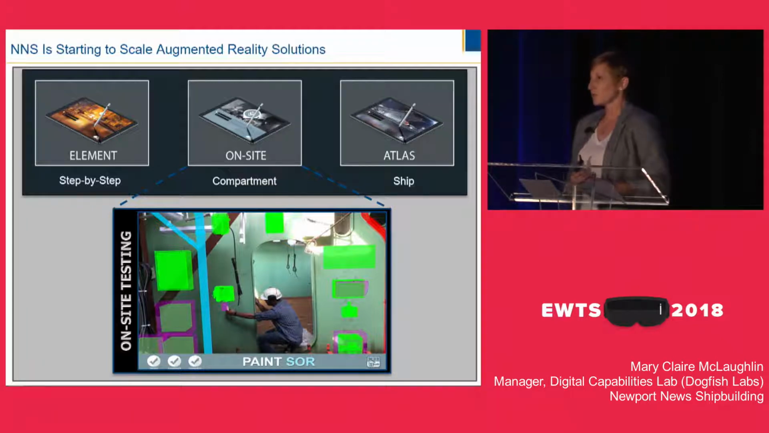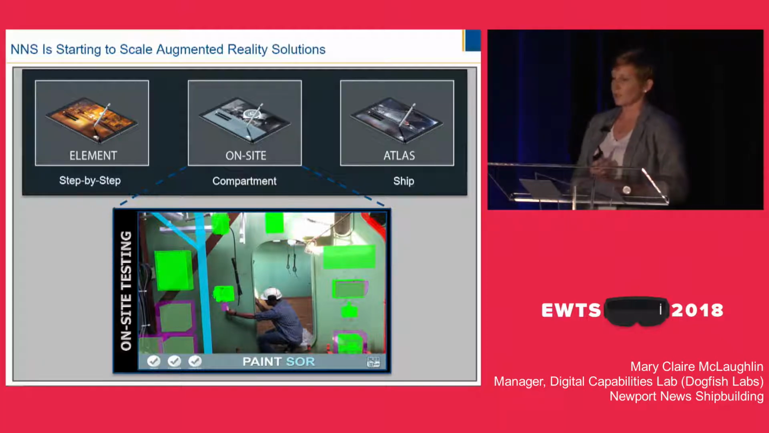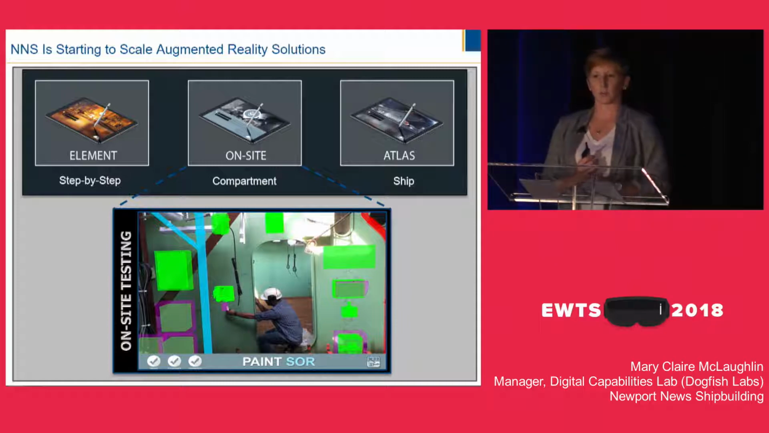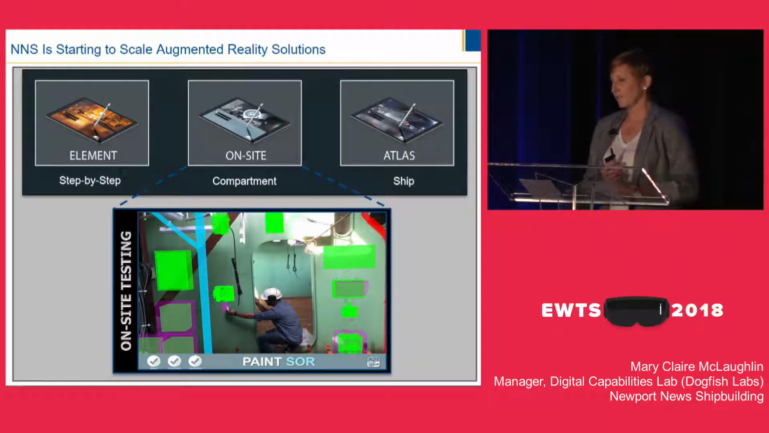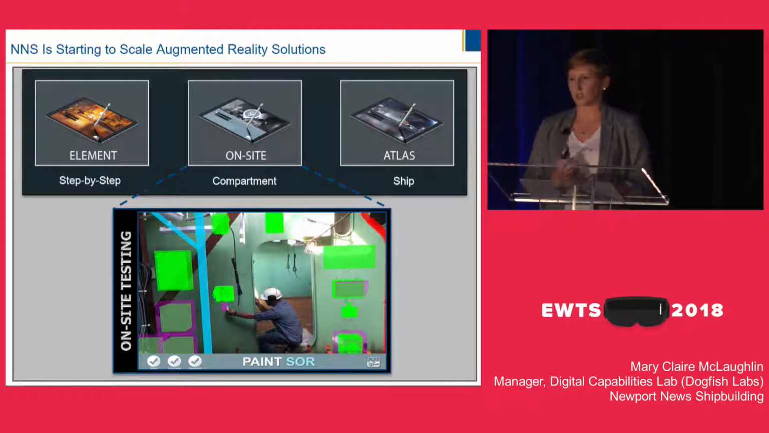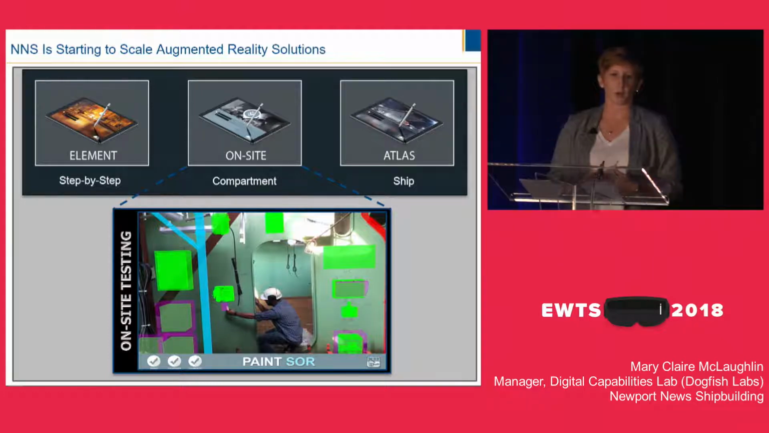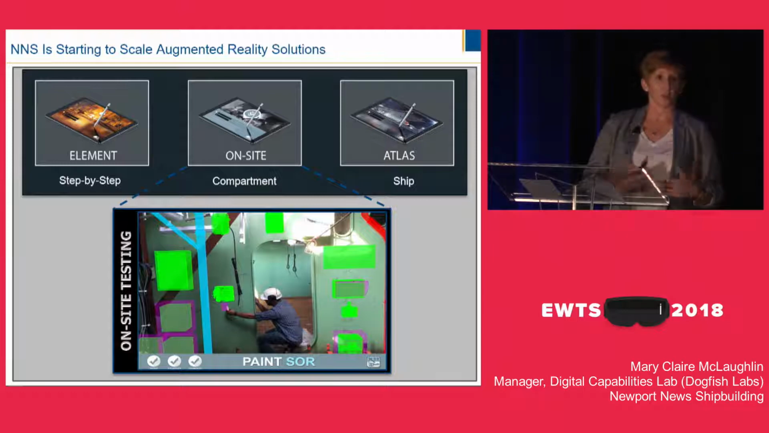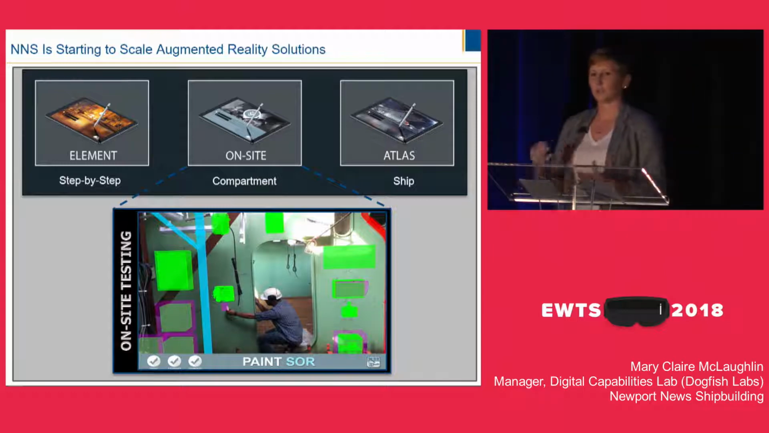The most mature of those three for us right now is the one we call On-Site. It is our compartment visualization app for aircraft carrier spaces. What we have found is that this particular use case, just being able to visualize a 3D product model at scale in the construction environment during the build process, adds a lot of value to a lot of different end